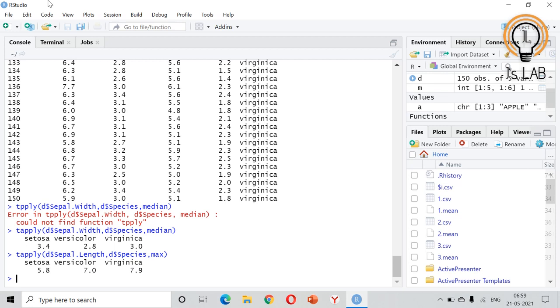So this is tapply. We have seen the apply functions in R programming, that means apply, lapply, sapply and tapply, where you can easily deal with data frames, matrices, vectors and lists. Whenever you are doing data analysis using R, the apply function is going to be a very handy tool. With just one argument, you can apply the function to the entire data frame. The next video will be about slicing the vector using the sapply and lapply methods.